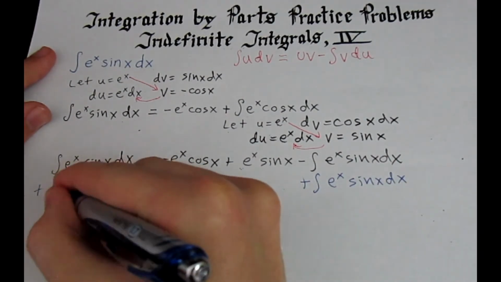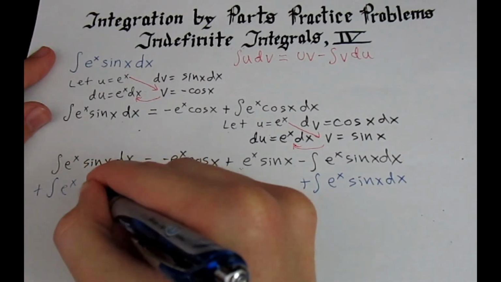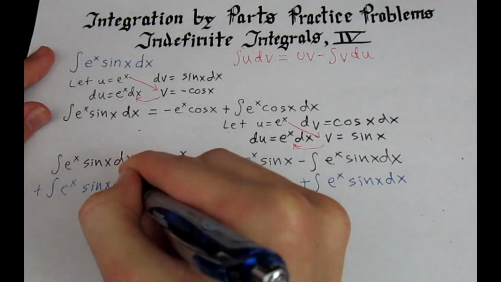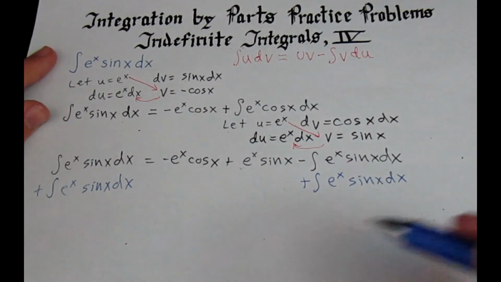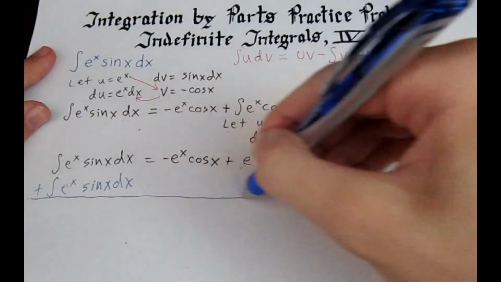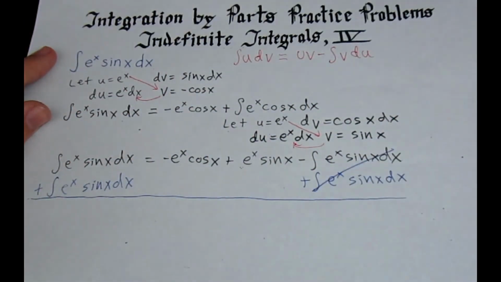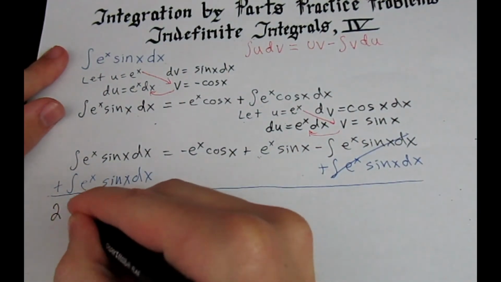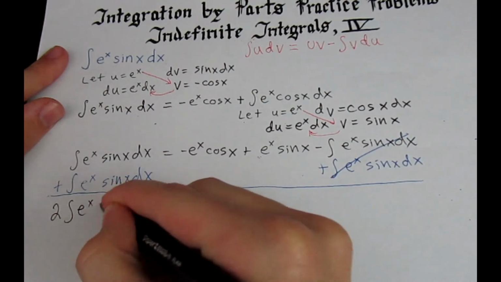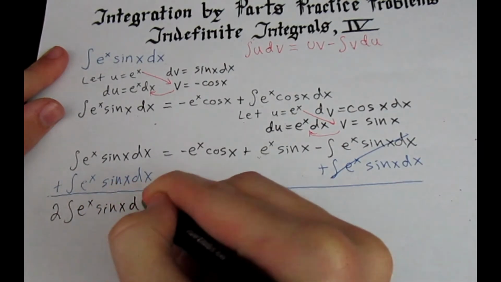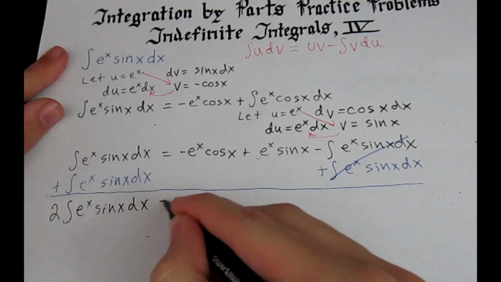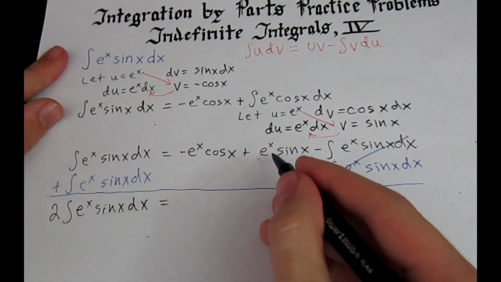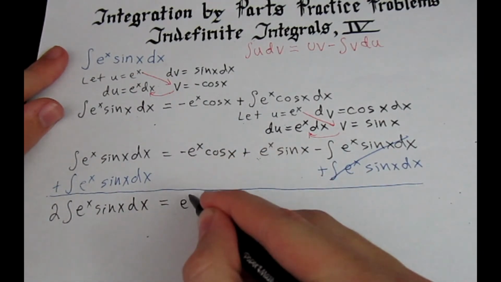And when we do so, this is what results. That cancels, and we're left with 2 times the integral of e to the x sine of x dx, and that's going to equal, now I'm just going to factor out the e to the x here,